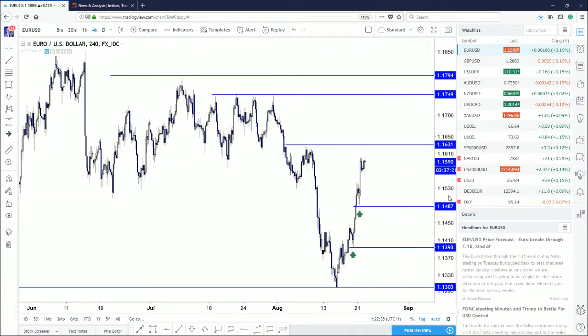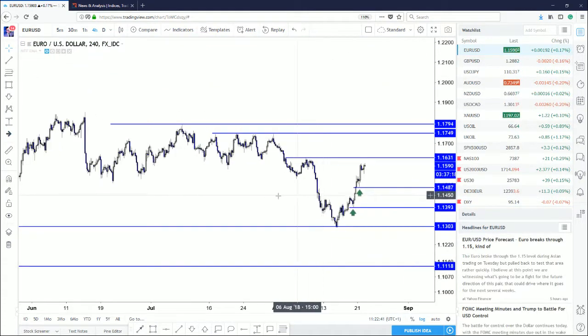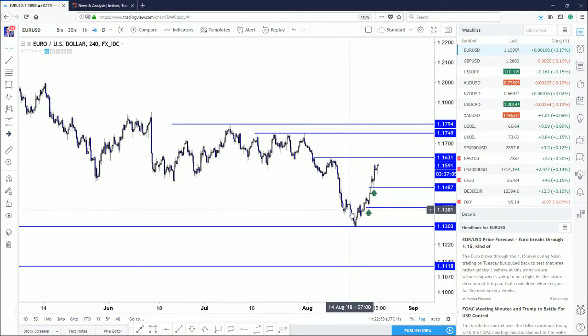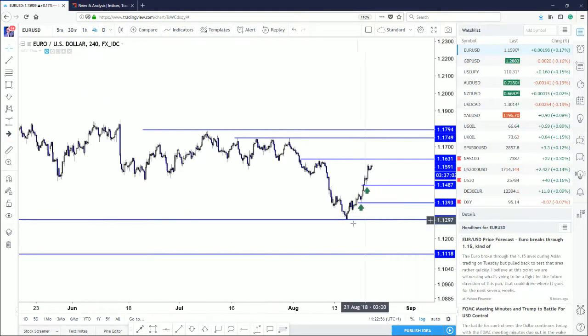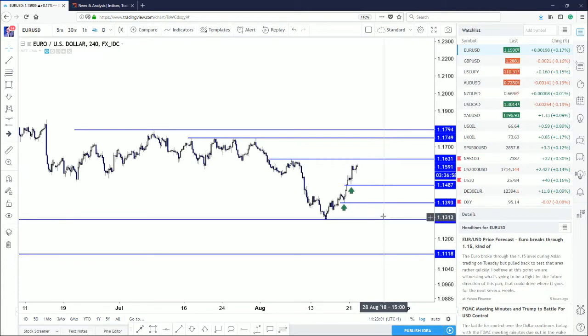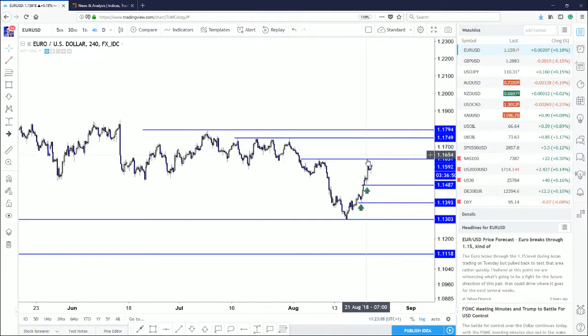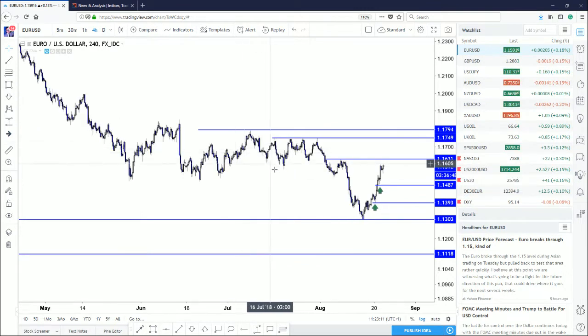And it's the same thing here with the euro versus the USD. The market moved to the downside, even did a short-term head and shoulders, head, left, right shoulder, and when we pushed above here, we triggered that corrective move up to pretty much 115, which was the target of this head and shoulders. And now we're dealing with a short-term uptrend, higher lows. And as long as you're above 114.87, this market could potentially take out 116.31 and reach 117. But we're so close to resistance that it's not the time to be buying the euro dollar right now.